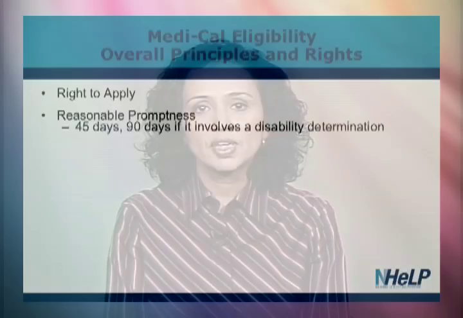Number three, for the right to apply to be meaningful, an application should only ask for the Social Security number of family members who are requesting Medi-Cal coverage and not other members of the family. This is important because in California we have a number of mixed immigration status families who apply for Medi-Cal. Requiring a Social Security number for other members of the family has a chilling effect on immigrants, often discouraging them from applying for children and adults who are citizens or qualified legal immigrants.